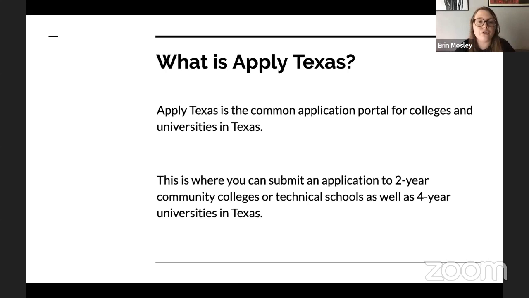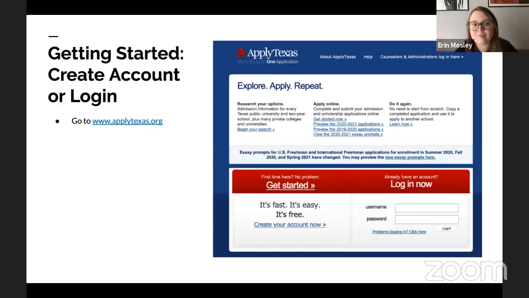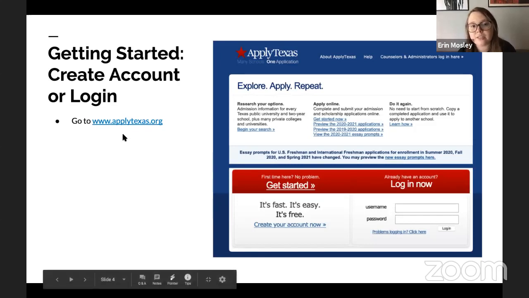There are a handful that are not, and you'll use alternative application submissions, either Common App or Coalition App, but we'll dive into that at a later date. Today, we're just going to be focusing on Apply Texas because this is the main one that you're going to be using. So to get started, you're going to need to go to